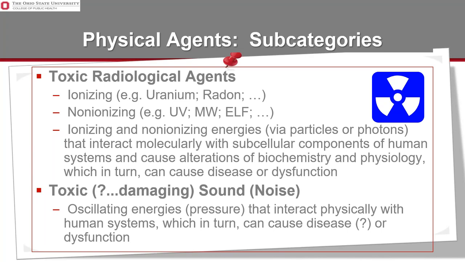Non-ionizing radiation can be very damaging as well, but the energies are lower. Again, typically lower than 10 electron volts if you want a quantitative threshold, and by virtue of being lower, the impact is more vibrational and thermal rather than an ionization event. And so we think of the interaction of ultraviolet rays, sunlight, ultraviolet rays, UVB, for example, microwaves from microwave ovens, but also microwave communications. ELF stands for extremely low frequency non-ionizing radiation.